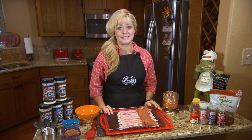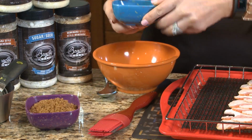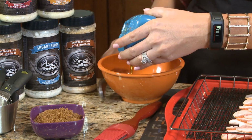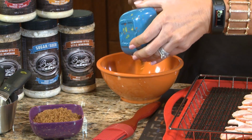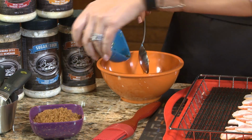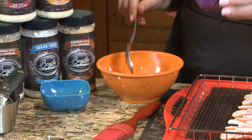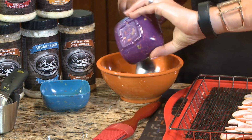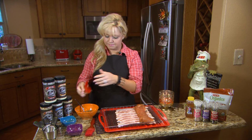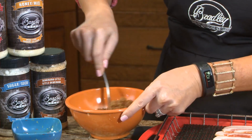It's gonna be fabulous. So let's start with, I'm going to put a 1/4 cup of honey into my bowl. And this is just for the glaze that I'm going to put over the pork before I wrap it in the bacon. And then I'm gonna take a 1/2 cup of brown sugar, and then just about a teaspoon of cinnamon. This makes it really good. And then just stir it up here,